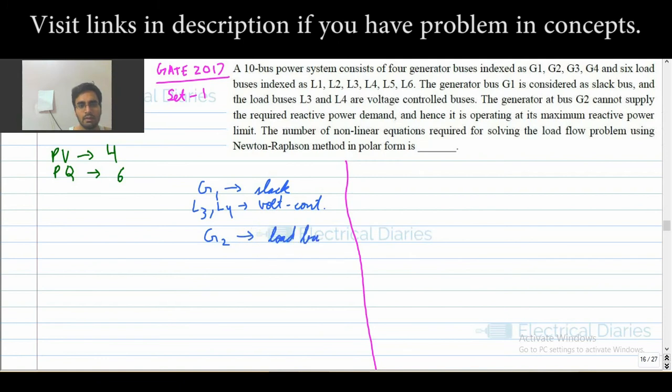Always remember the basic concept: when you say it is a PV bus, it means that you know the values of P and V for that bus at that instant. If it is given as a PQ bus, then it means that you know the values of P and Q of that bus at that instant. Here the number of PV buses is given as 4, and from that one is the slack bus. So finally, we will now see what the final buses are.